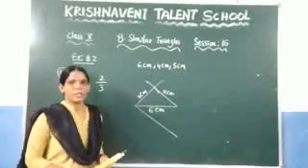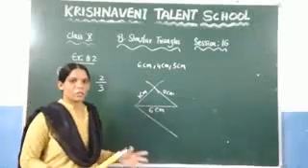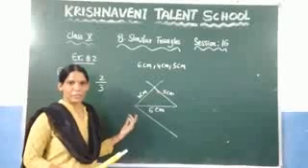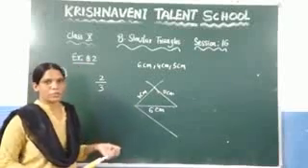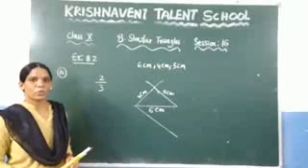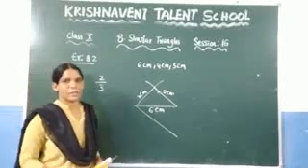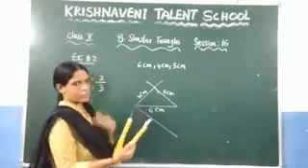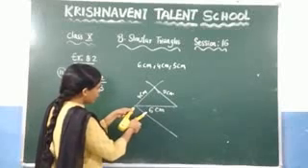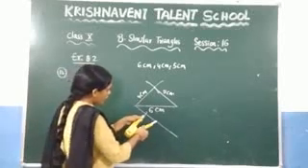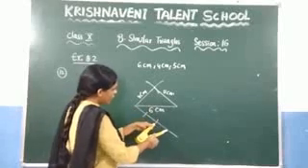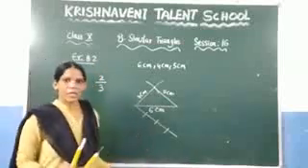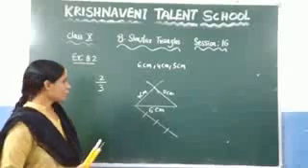So what we need to do here? First you need to construct the triangle based on the given measurements. After that, you have to draw the acute angle. After that, in the given fraction, you need to check what the biggest number is. Since 3 is the biggest number, you need to draw 3 arcs without changing the radius. So here I am taking this as the radius. At this point I am drawing one arc, and again at this point one more arc, which is the second arc, and again at this point I am drawing the third arc without changing the radius. So like this you need to draw three arcs.